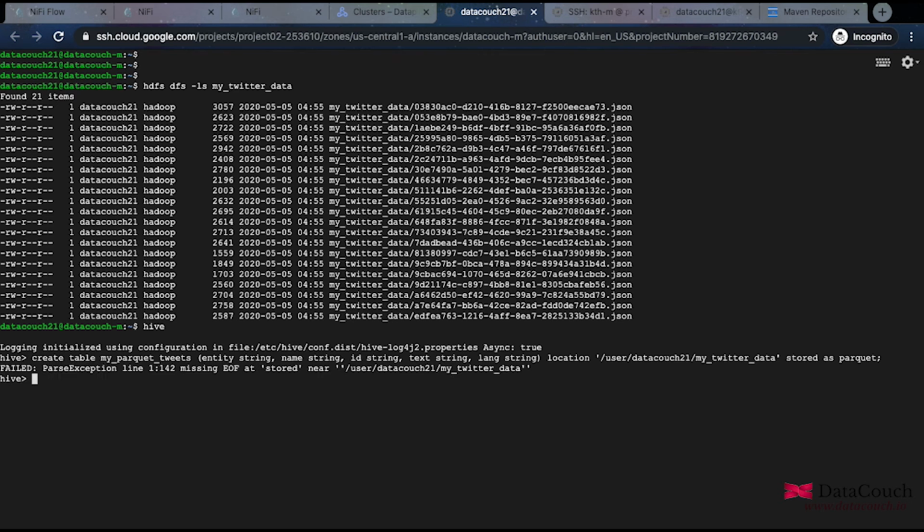So it gives me this error. Okay, so what we need to do is put stored as Parquet. I'll just move it here.